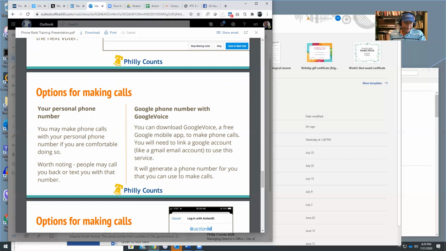If they call you back, what we'd like you to do is write down the phone number that called you back and the answers to the questions. Oh, yes, I was calling you about the census. Did you get the mailing from the Census Bureau? Do you have any questions? And they say, oh, no, I already did it, or no, I didn't do it. And you just write that information.